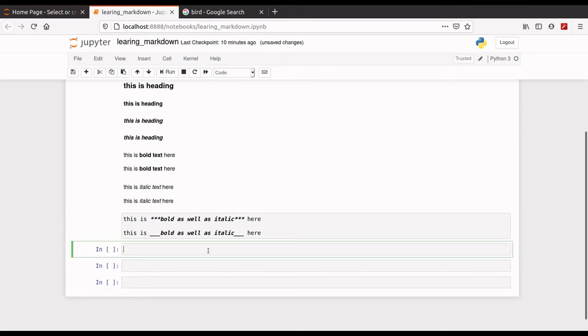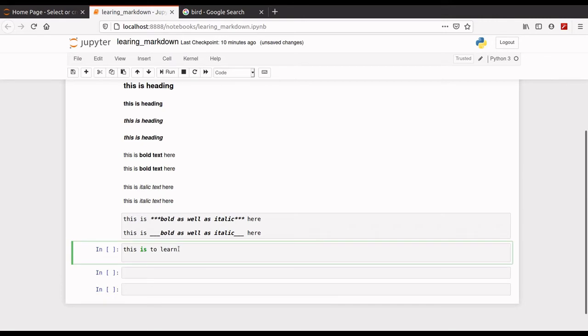Now the important thing is to learn the paragraph, how to separate a paragraph. So this is to learn, and make sure if I just leave it the same and run the code, then it will just make it in the same line.